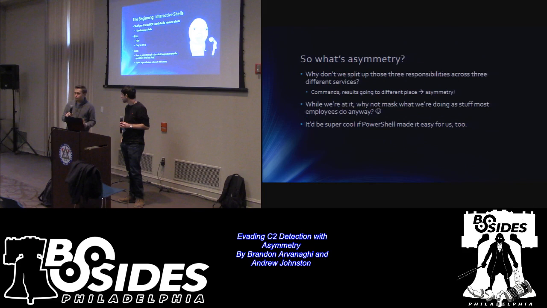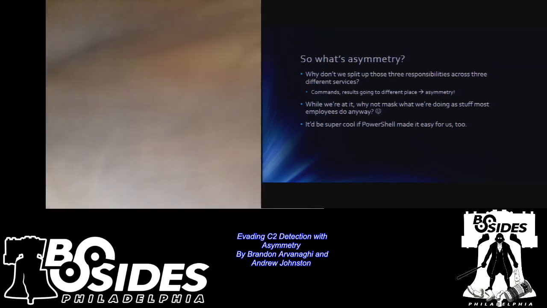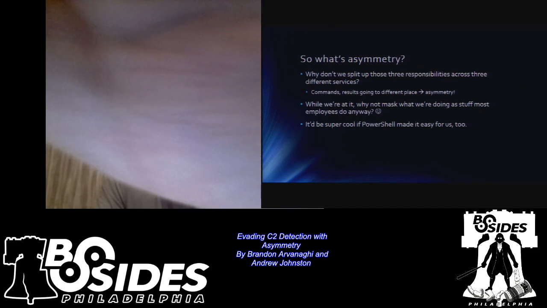So we thought, if there's 3 different aspects of C2 communication, why don't we split those 3 things up? We could use different websites and different services to kind of disperse our traffic and make it look a lot more normal. And we call this asymmetry because it's no longer going back and forth across a bunch of different places. And if we're going to do this, why not target the thing